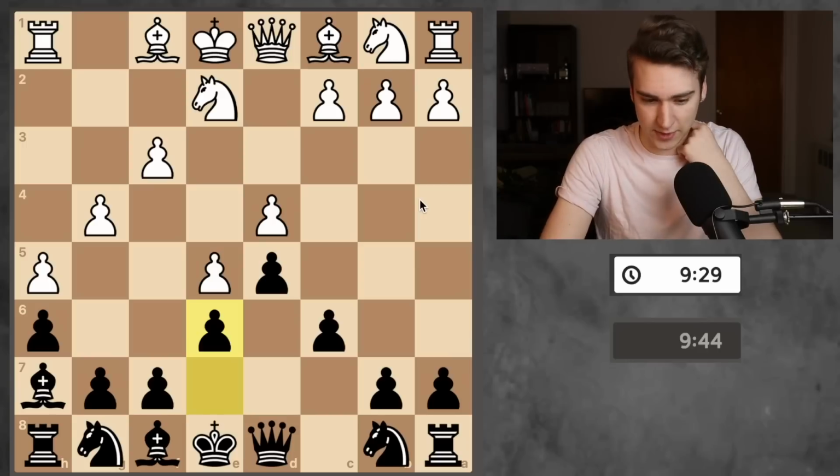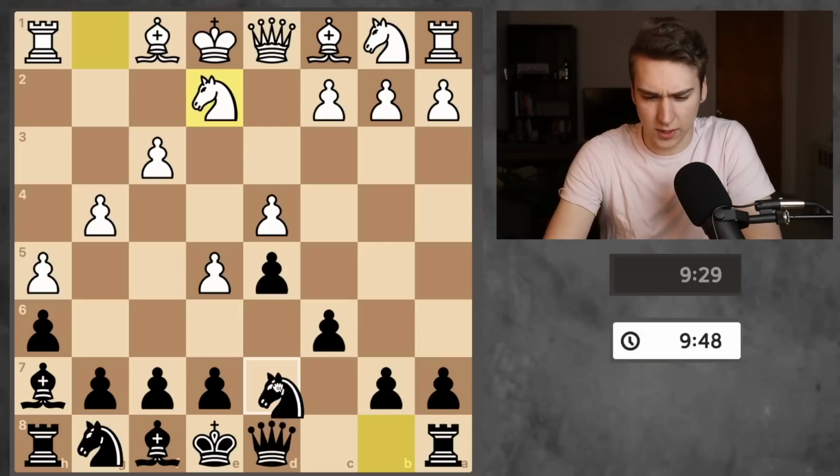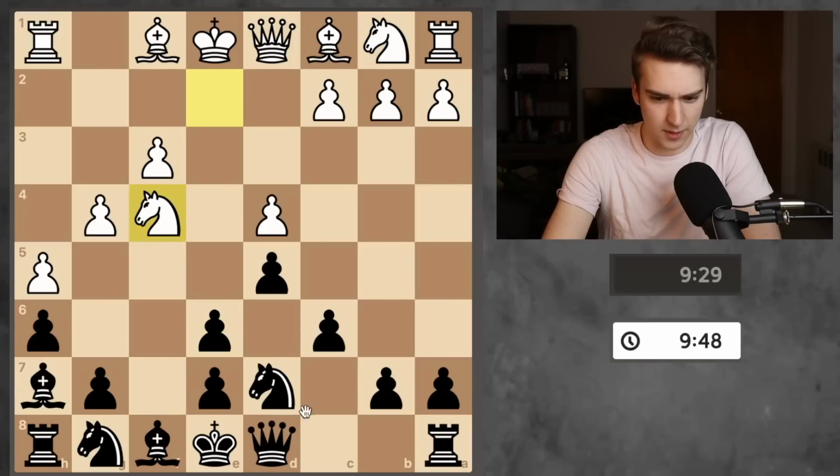I push e6. One very common move in the Caro, create this light squared pyramid of pawns here. But the thing is, really, I want to prevent him from going e6. Yeah, this is a pawn sacrifice. Totally valid. The knight is coming in, and here, I think...